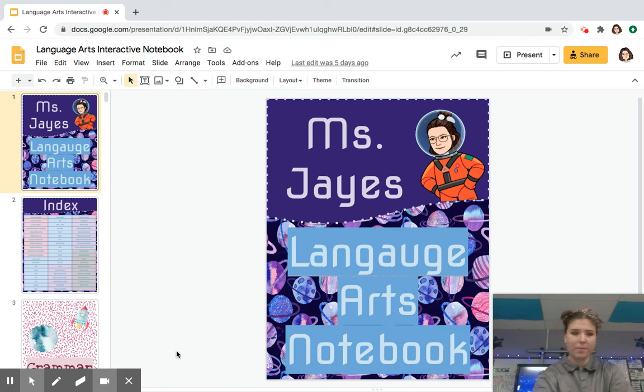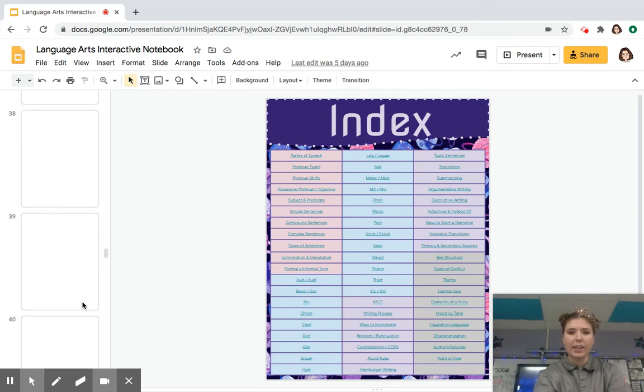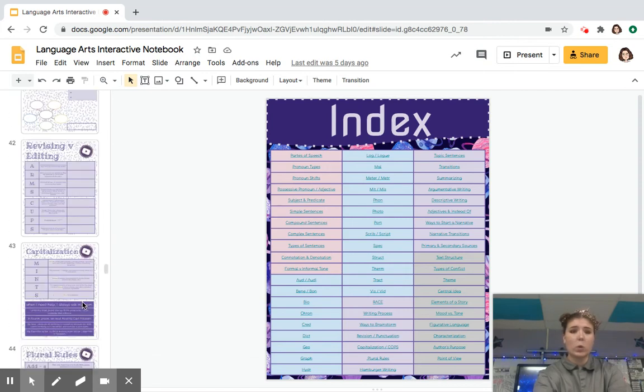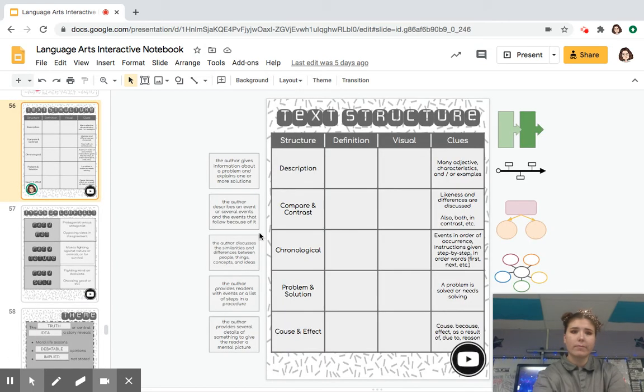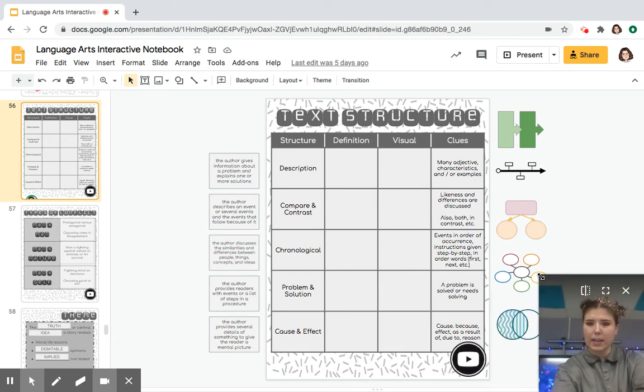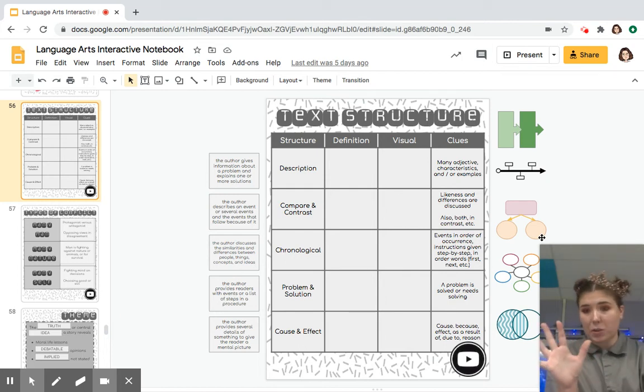or a fictional work. So when you go into the index, you can either click to where it says, or you could be like me and scroll. It's going to be on page 56. Now I'm going to move mini me slightly to the side so you guys can still see. Okay, so we have 5 different text structures. I told you 5 seems to be the magical number. So our text structures are